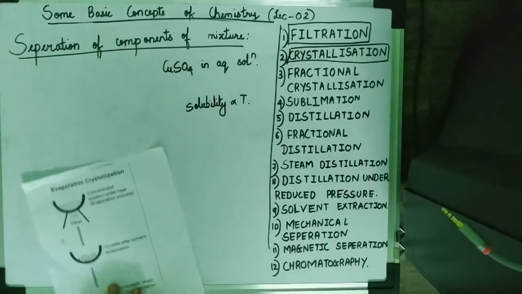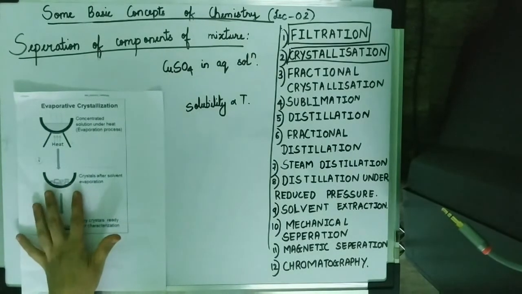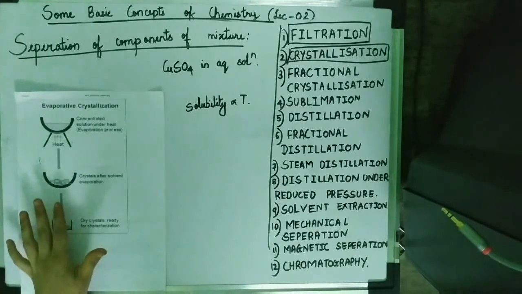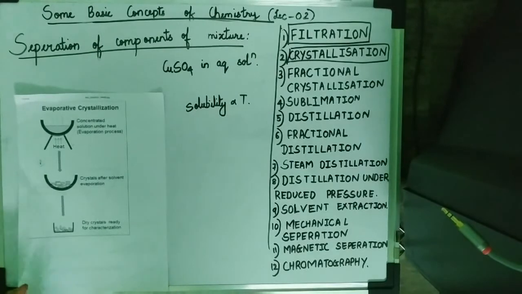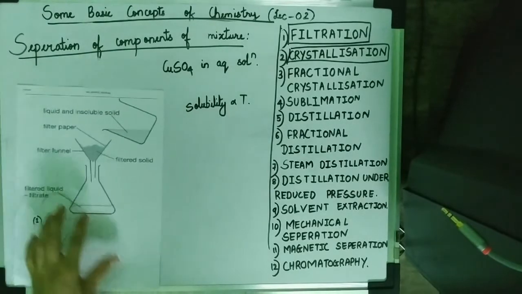So in crystallization, we have increased the temperature, we have filtered the solution, and now here we have a hot solution. Now we'll try to gradually decrease the temperature, and as the temperature decreases, we will find that we can get crystals in the solution itself. And once we get the crystals, the crystals act as an insoluble solid in a liquid. So that can again be separated by a second round